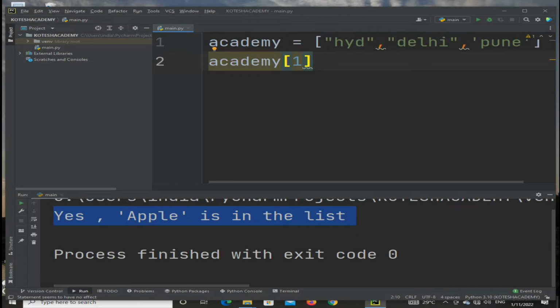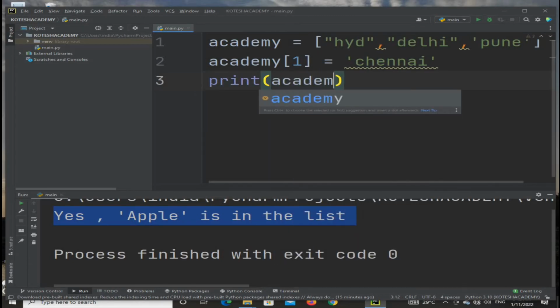First indicates that here 0 position is Hyderabad, first position is Delhi, I mean in brackets 1 and 2, like that. Now I would like to insert that new name. I would like to introduce Chennai in position one.